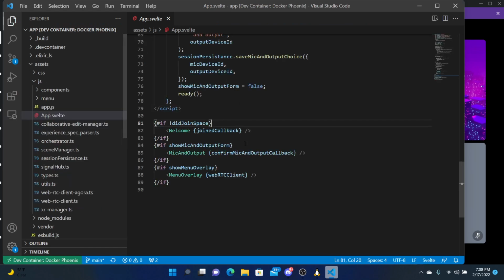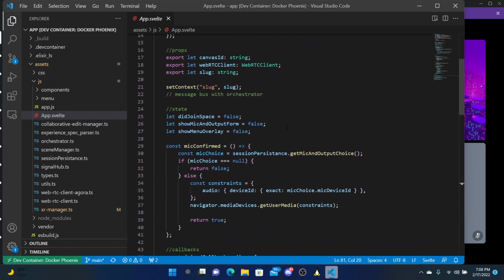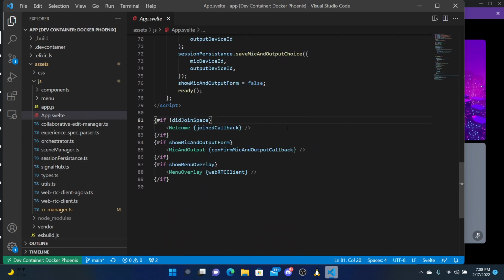All right. So what this window says is we import some other components we want to show on the page, and we're gonna have some if statements for showing these components. So if you haven't joined the space, show a welcome modal, and depending on what you do with the welcome modal, it'll hide and show things. When all these are done, it will set some flags so that this becomes true, show the overlay menu, and that's when we show the overlay component. So if we jump in here and we start our server,